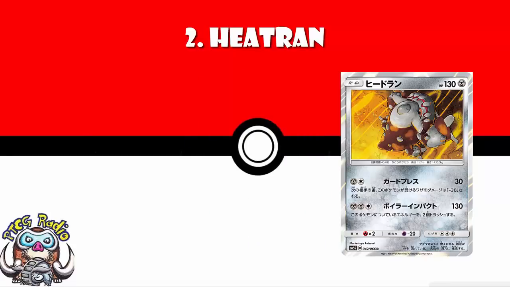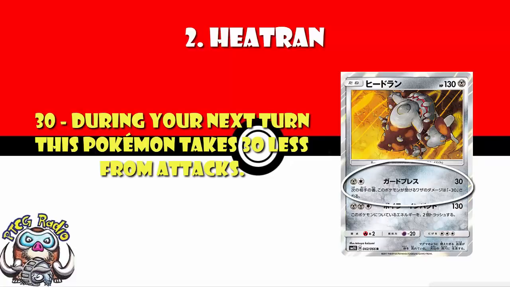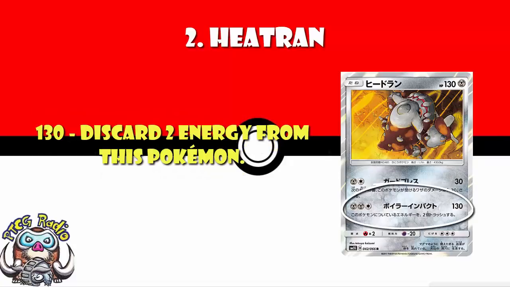I think Heatran is a really good single prize basic attacker, and I think metal decks will like it very much indeed. Metal and a colourless energy, 30 damage, reduced damage done next turn by 30. 2 metal and a colourless, 130, discard 2 energy. So you can do a fair amount of damage with the second attack, or you can use the first attack,